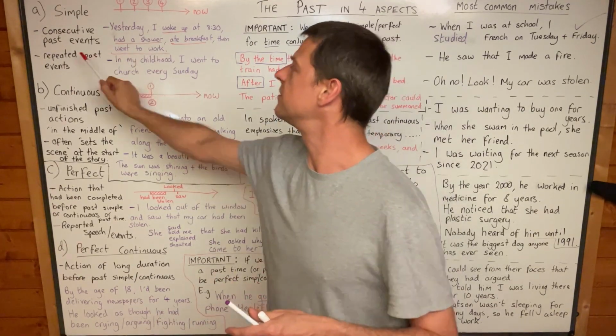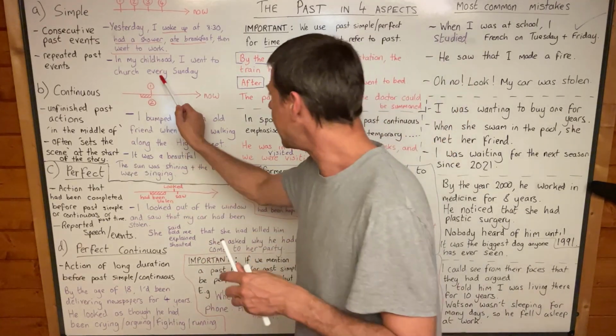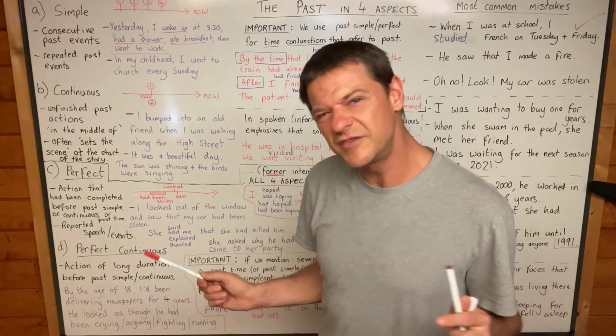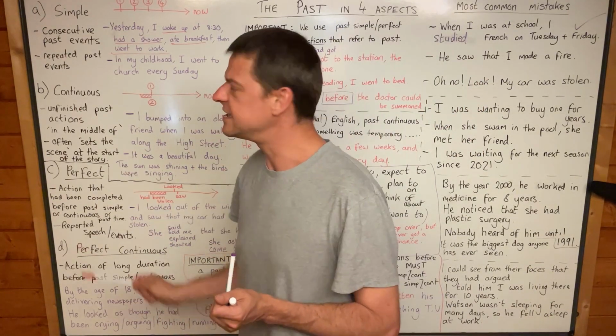And here's another example of a repeated past event. "In my childhood, I went to church every Sunday." And not "I was going to church every Sunday." That sounds really strange to me. We don't use continuous for